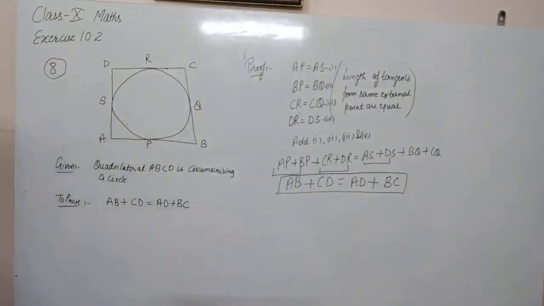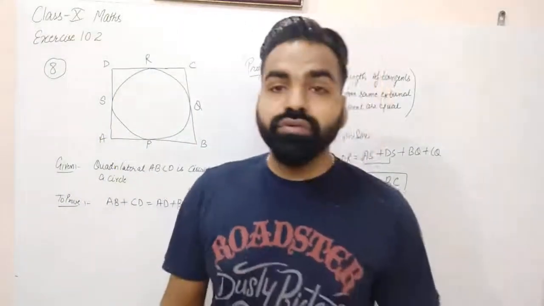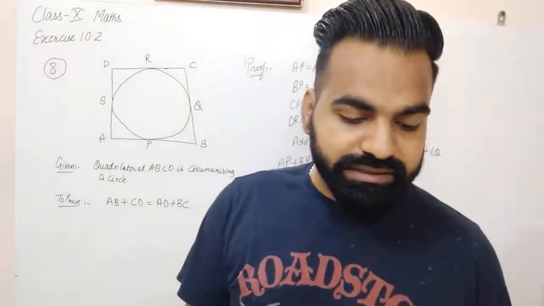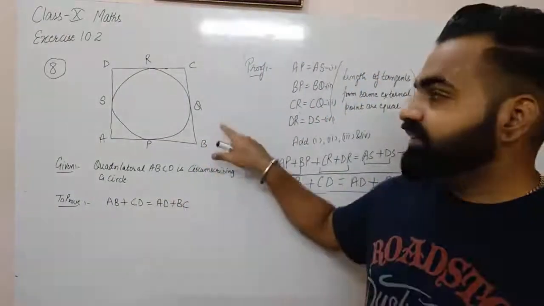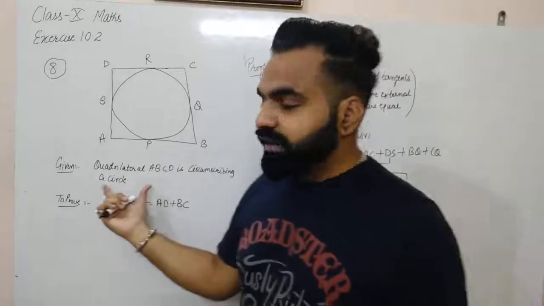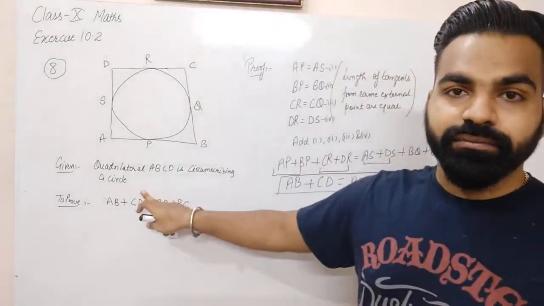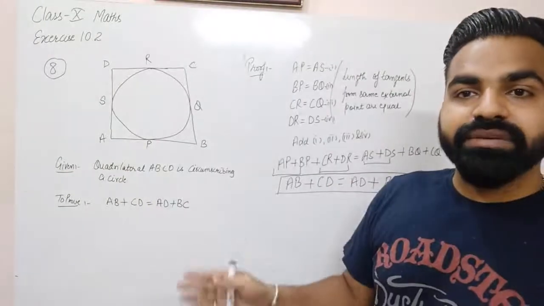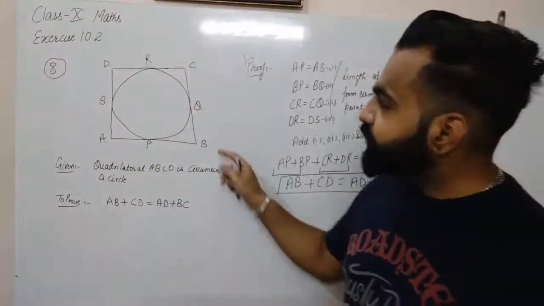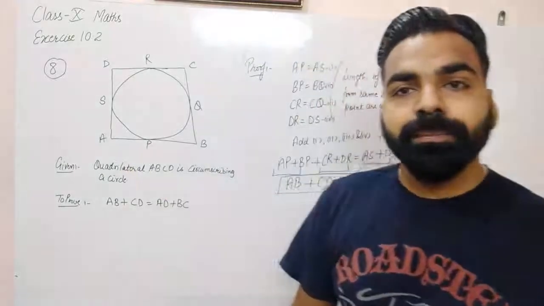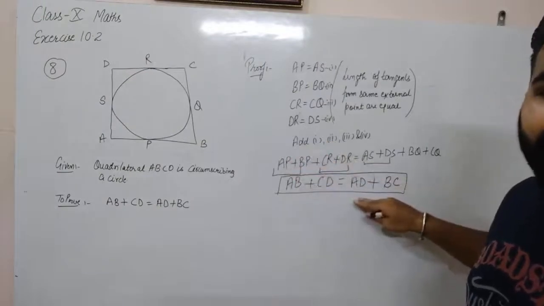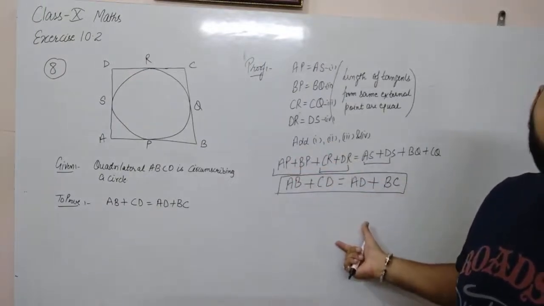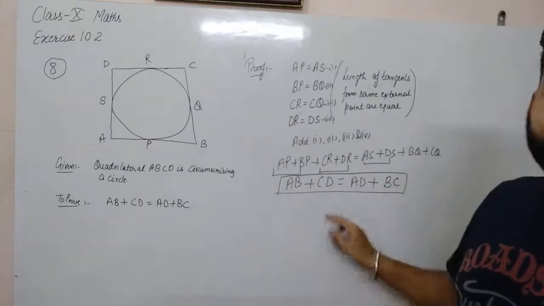Now after this, question number 11. We will talk about question number 11 first. Prove that the parallelogram circumscribing a circle is a rhombus. Now this question, the 11th question, is very much similar to the 8th one. In the 8th question it is given that this is the quadrilateral ABCD, but in question number 11 it is given that ABCD is the parallelogram. So we have to prove that ABCD is a rhombus. So for question number 11 we have to do the same proof till this part, and we have to add one or two more steps in this part. So I am doing changes in this part.